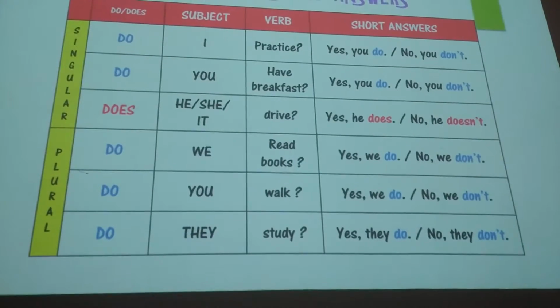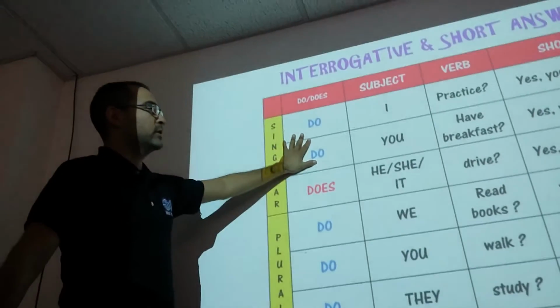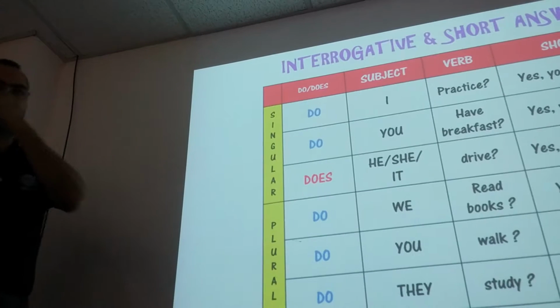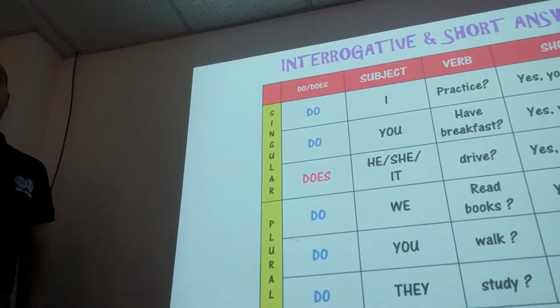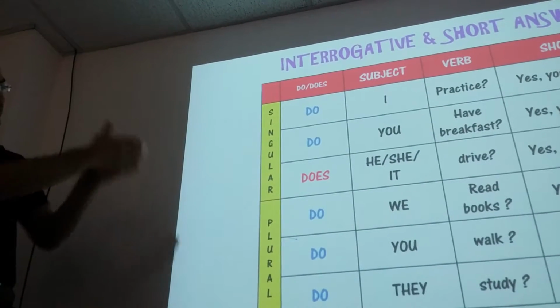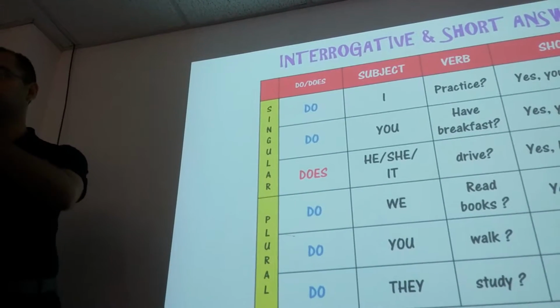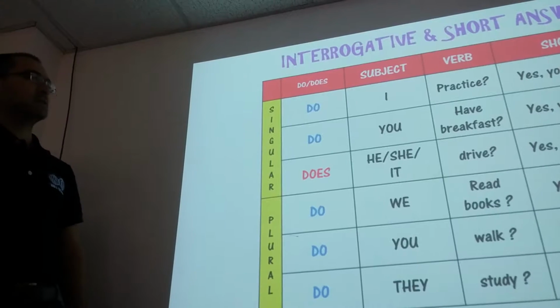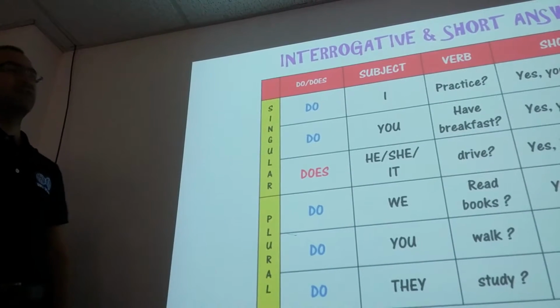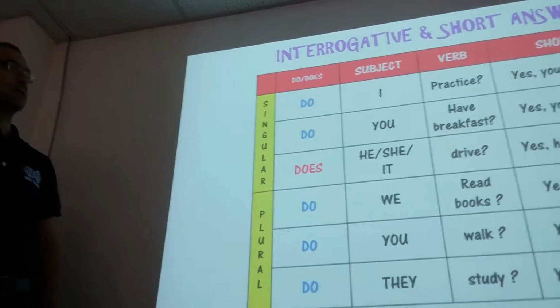So when we're using the question word who, you can ask, for example, who practices English with you? Because you're not using do. Okay? So you need to say who practices, because you're asking for the subject, right? Who practices with you? It is not very common, but yes, you can ask that.